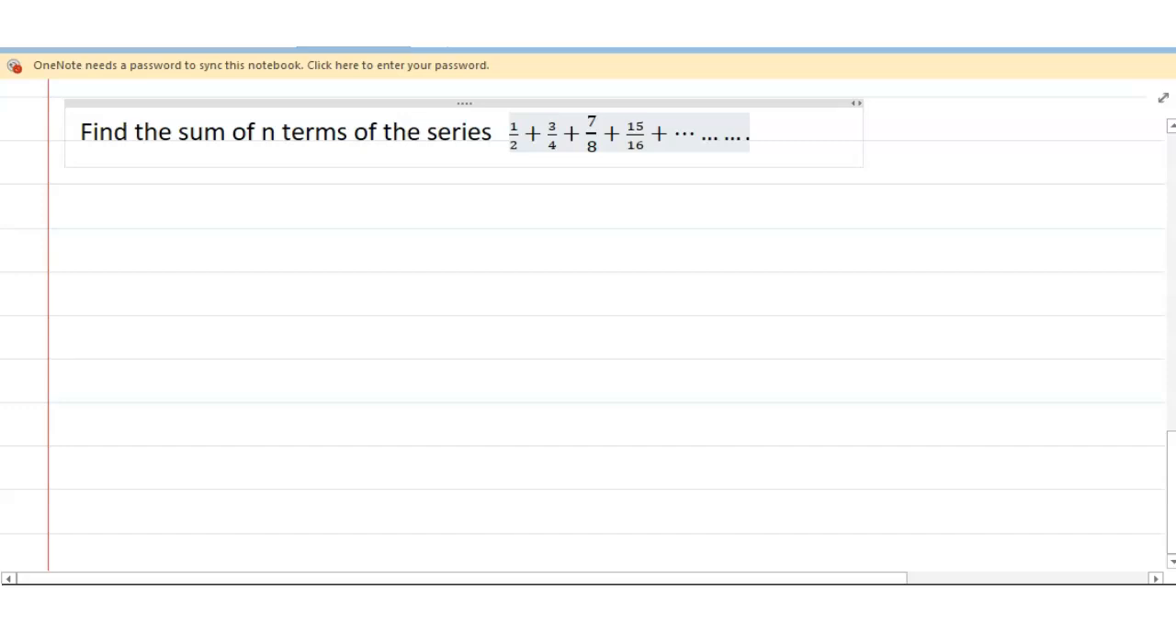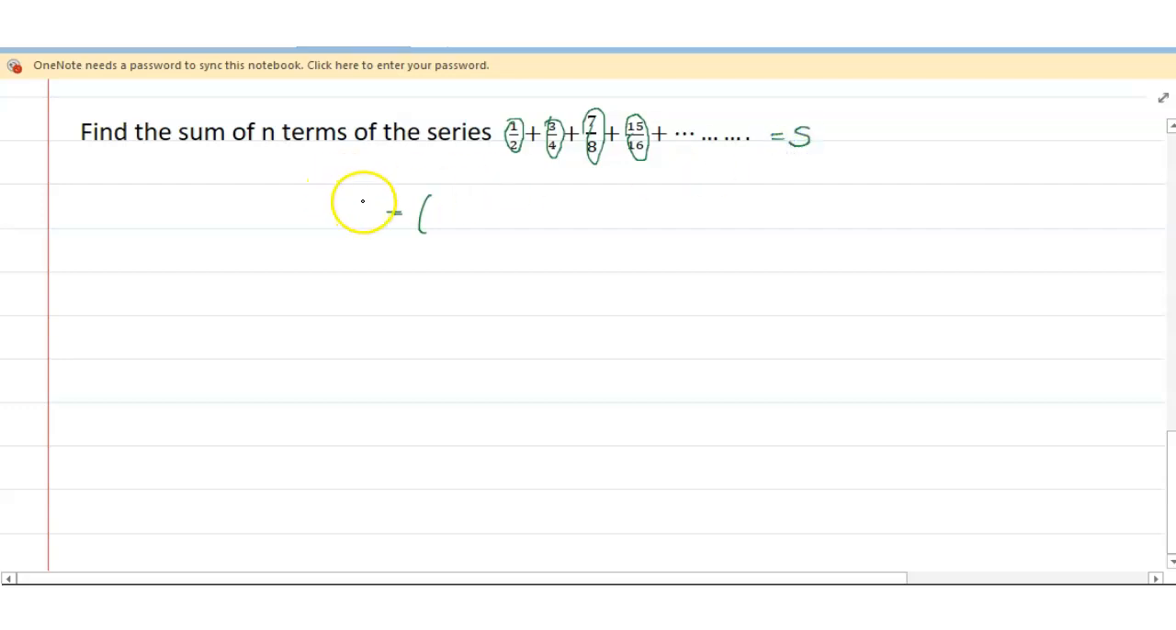So friends, let's start to solve another problem. This problem is also a series. It is 11-12 level problem: find the sum of n terms of the series. So friends, whatever we see, this is 1 by 2, 3 by 4, 7 by 8, and 15 by 16, and so on. It can be written as 1 minus half. Take this series as s, so I write s is equal to